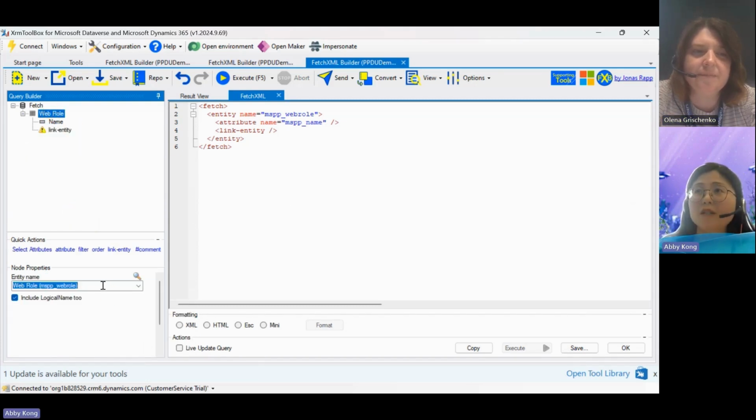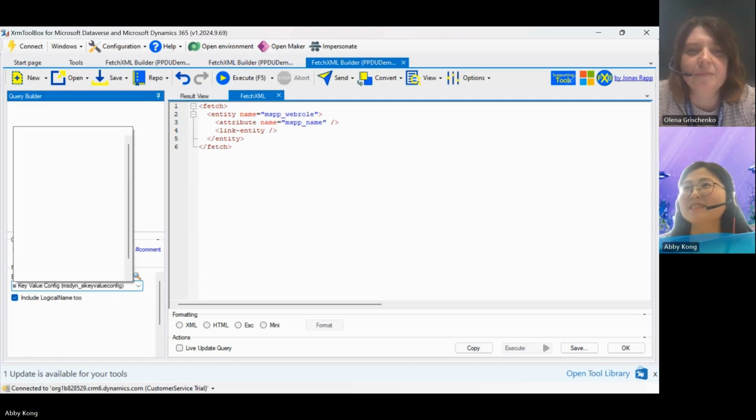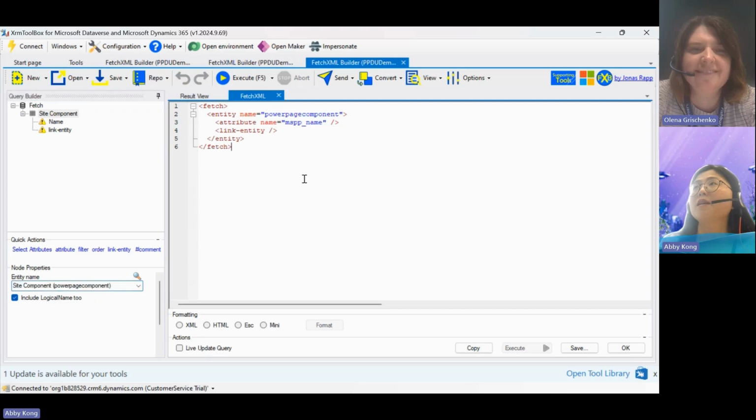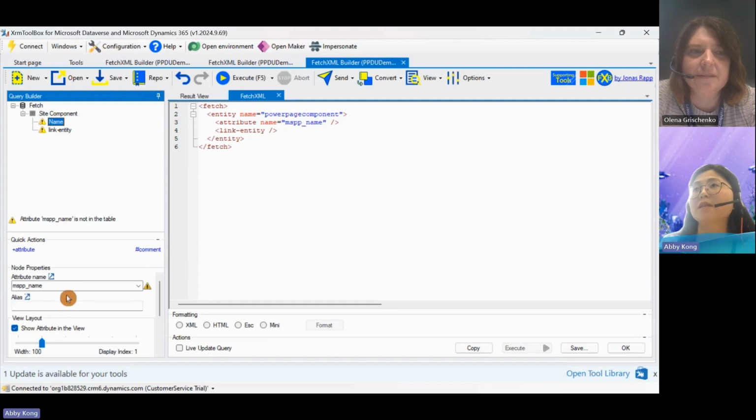So this is where we need to go to a different table, which is the side table to the table. Let's go to the side component, which is the schema name. And under this table, it's not MSPP name anymore. So it's actually name. Yeah, you can see it. So if we do a query on this,